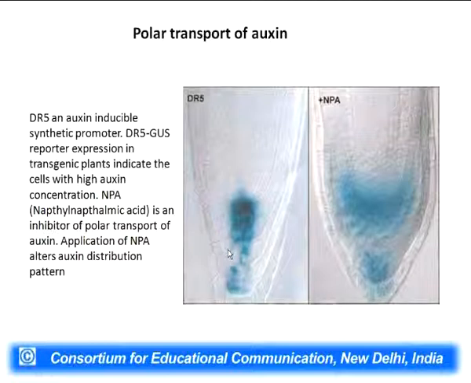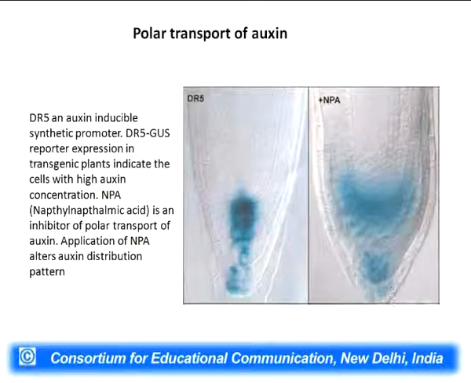This is also quite surprising over here. I told you earlier that where auxin is maximum you get root, but apparently auxin has less important role in root specification. In other words, if you apply NPA, which is an inhibitor of polar transport, there is not much gross change in the root structure. Only what you see is that the root becomes bigger, and there is some amount of